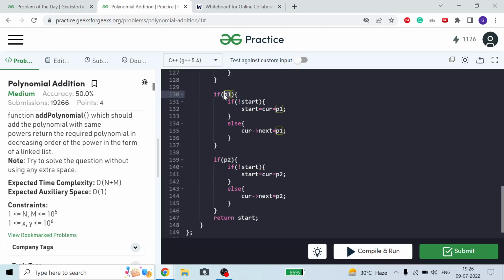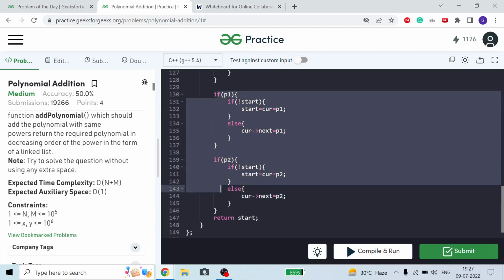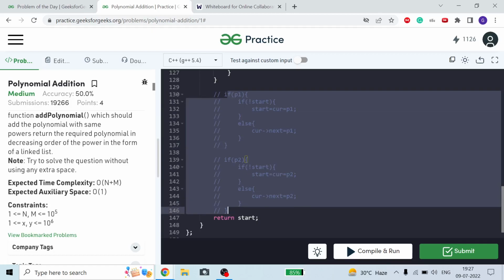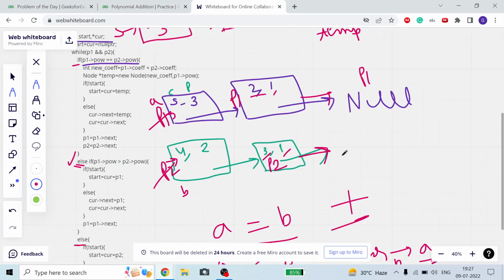Like if I have some P1 nodes remaining, then put them in my linked list. If my linked list has not started, then start is equal to current is equal to P1. Else, while I have some P2 left, initialize my updated linked list with this. But if I am not writing this, then also the code is accepted. Meanwhile you have to write this, but there are some use cases that GFG has pulled out.